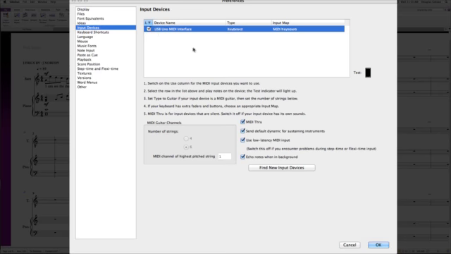The other thing you can do, if it's not showing up, is simply select Find New Input Devices, and Sibelius will be reading whatever MIDI connection is going into your computer. So if it doesn't show up in this window, it means Sibelius isn't going to be reading it, and that there's some sort of connection problem that exists outside Sibelius. But having this box checked or unchecked is usually the most common problem. So that's how you can determine whether your input devices